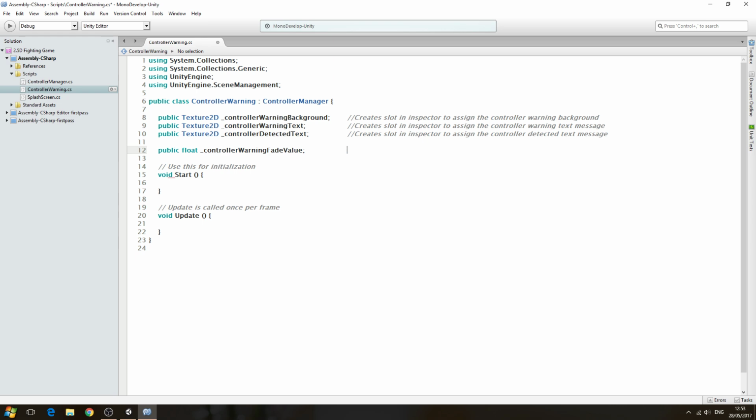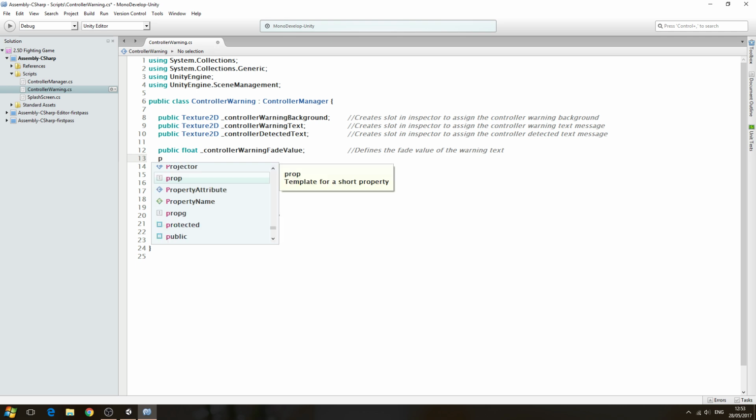Let's close the line off. Now there's no need to put in a value at this point here. Let's put it into the comments. We'll say it defines the fade value of the warning text,